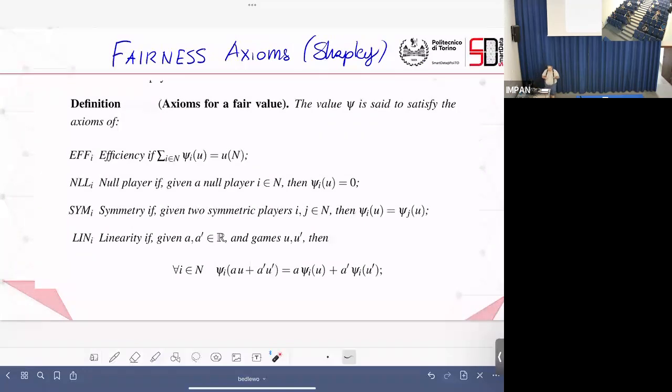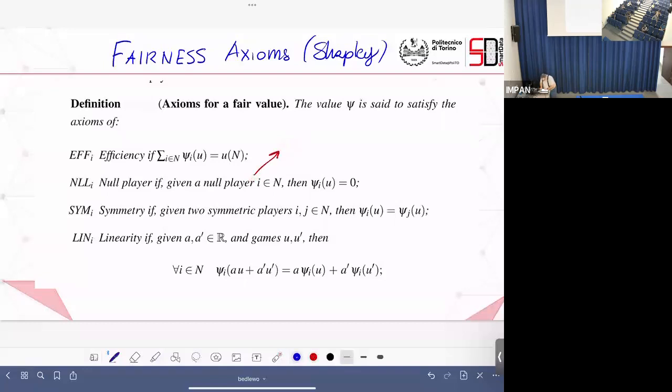And the explanation for this: there are these which are called fairness axioms and came from economic theory. They say something, no? They say efficiency. What is efficiency? The worth distributed among the features, I say, instead of games or of players, the sum of these must be equal to the total sum. You do not waste anything. This is the first. The second point, if you do nothing, if you are a null player, then phi_i of you must be 0. Okay, you are not obliged to know null player, I realize now.